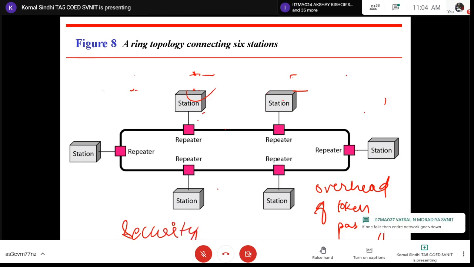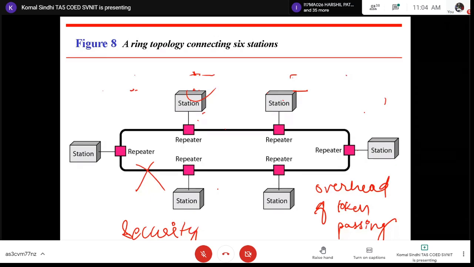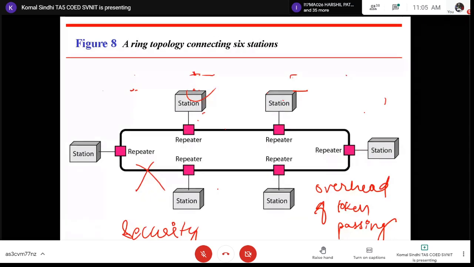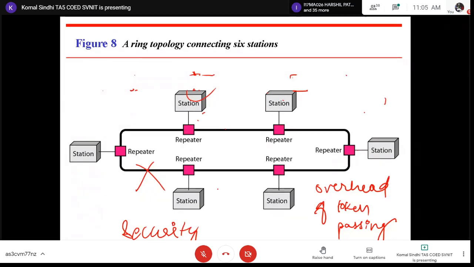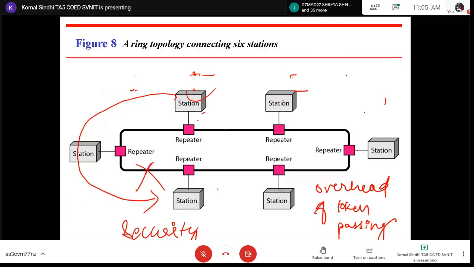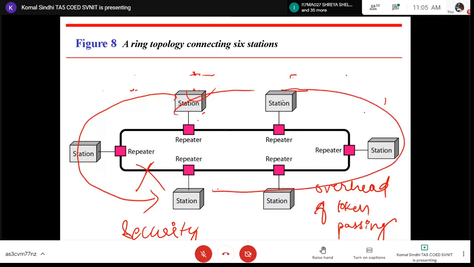And what if this link fails? We cannot say the entire link goes down. If this station was supposed to send data in this direction and it discovers that this link is not working, it can send it via this, be it a long route.